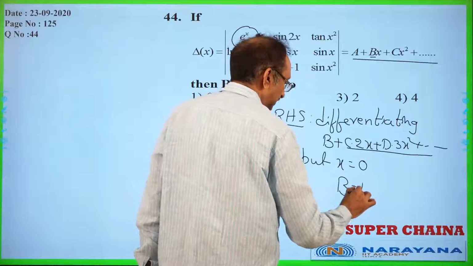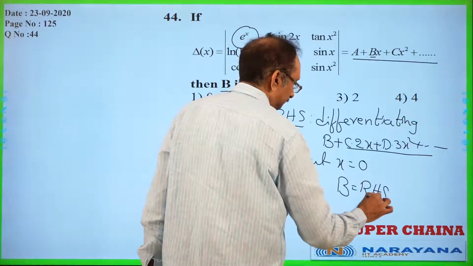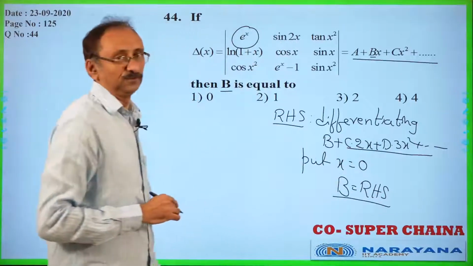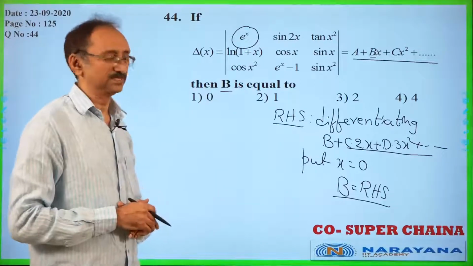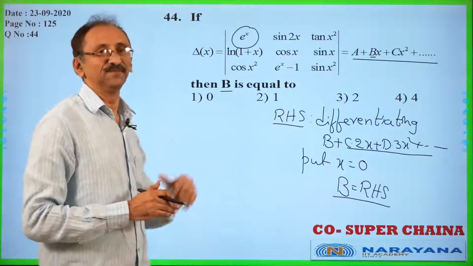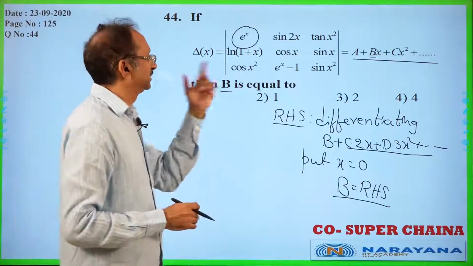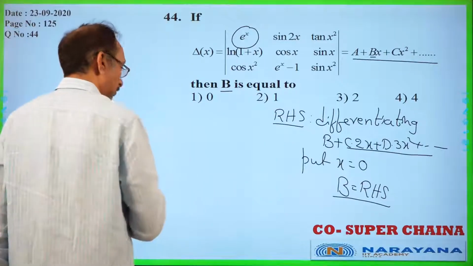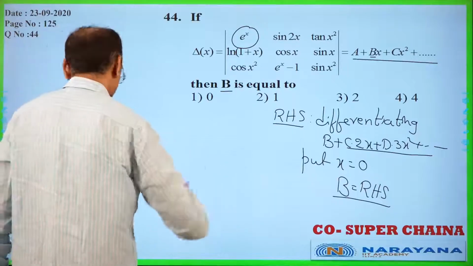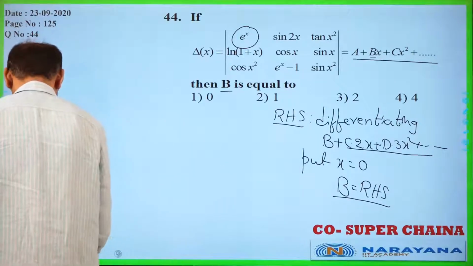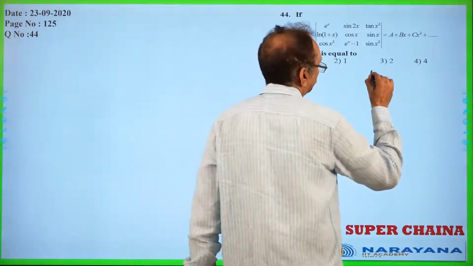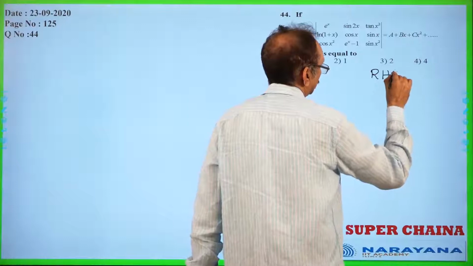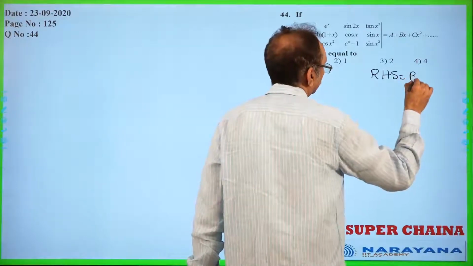So what is the right hand side? B. And therefore, if you differentiate the left hand side and after that substitute x is equal to 0, you will get the same value. Okay. And what is the derivative of this? Now we will do it in the next page. We remember the right hand side is b. And see, the right hand side after differentiation and substituting x is equal to 0 is b.